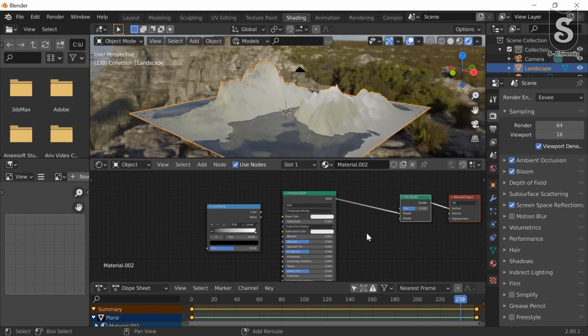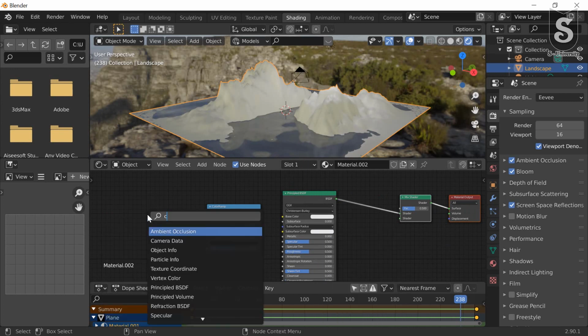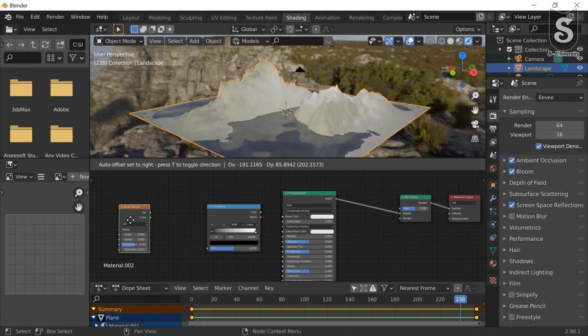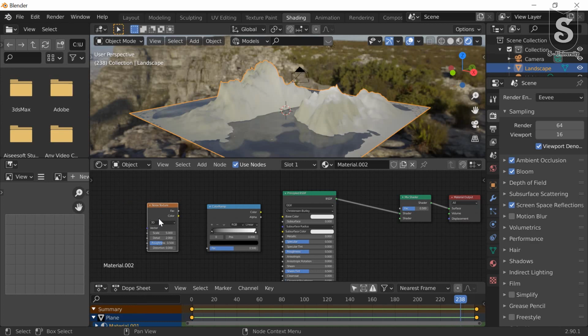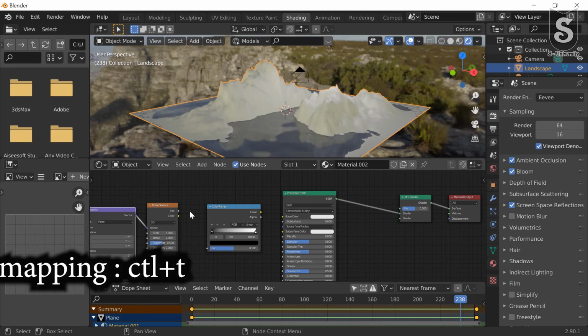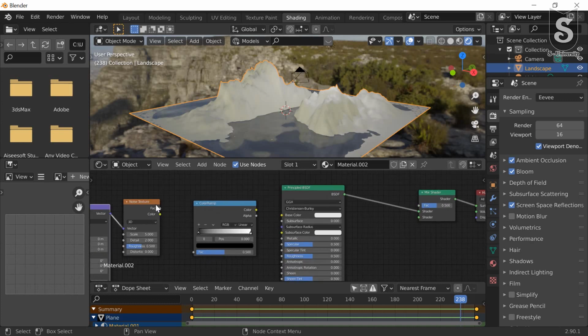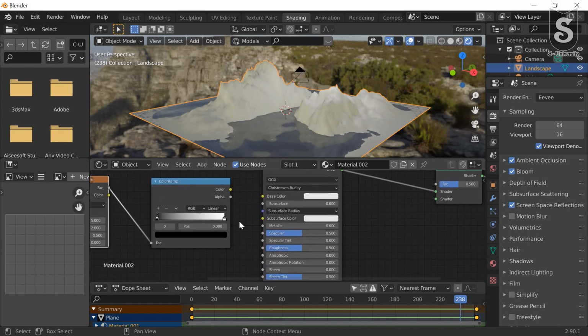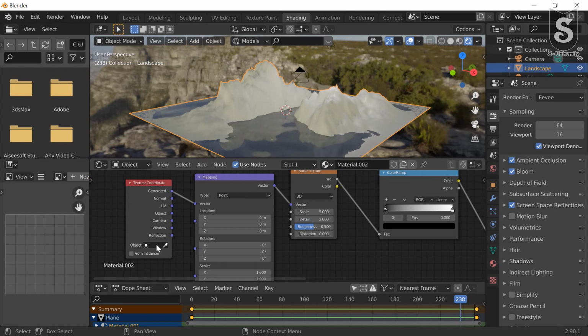Shift A for color ramp or noise texture. Press Ctrl T if node wrangler is enabled. Connect factor to factor. We are going to change in roughness, so connect roughness with color.